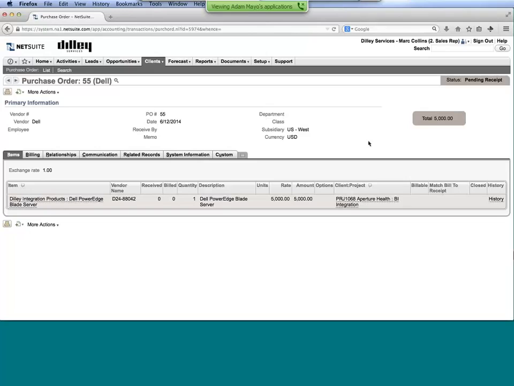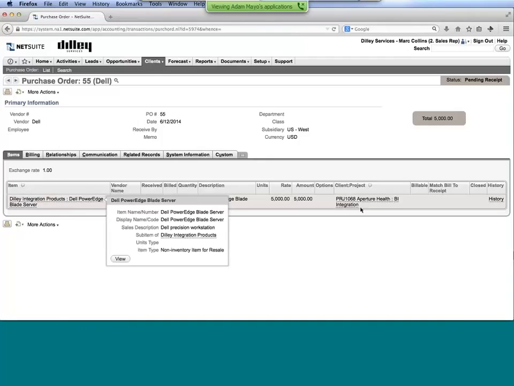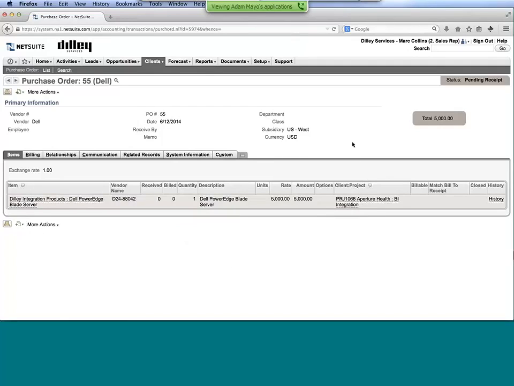So here you can see I have a purchase order for the PowerEdge Blade server. It's linked directly to the client project as well, so we're going to be able to track it all the way down to that project level. But again, just helping with some of the automation depending on how far along you want to go and process that. Okay. So that's some of the sales and operations part of the order.